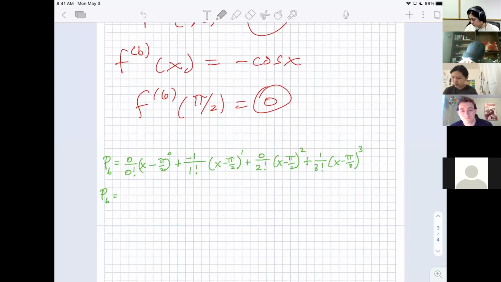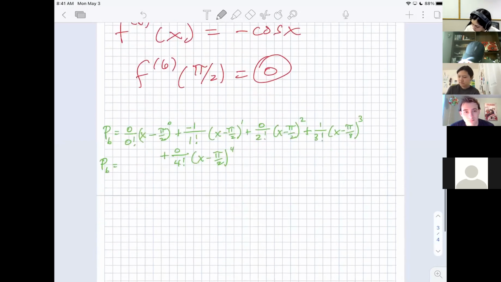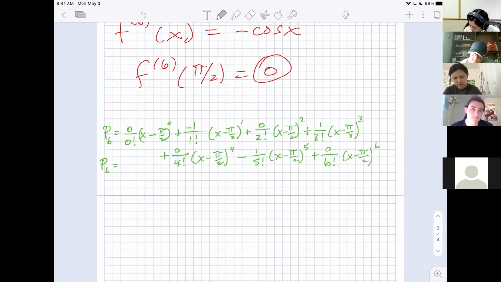Plus 0 over 4 factorial times x minus pi over 2 to the 4th. So that term's going to go away. And then our fifth one was -1. So -1 over 5 factorial times x minus pi over 2 to the 5th. And finally our 6th, but the 6th is going to be 0, so it added nothing to this. All wasted time writing it down. So really then, if we were to clean up that mess a little bit, just to see what we actually have without the 0 terms in it,